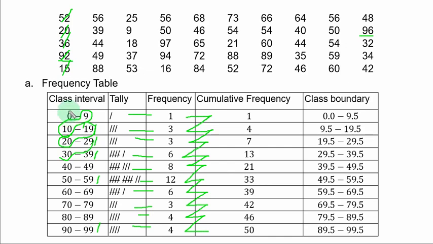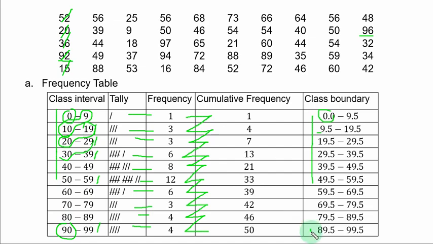Because the first class lower limit is 0, we also have 0 here. For the subsequent lower class boundary, you subtract the boundary value from the lower class limit to get the lower class boundary. So 10 minus 0.5, you have 9.5. If you jump to 90 minus 0.5, you have